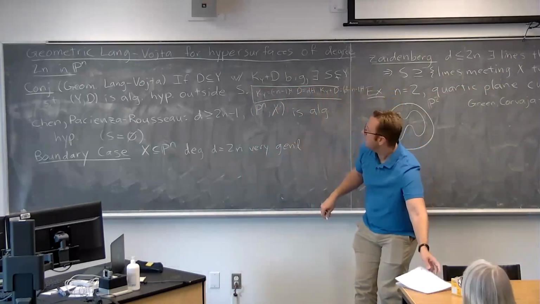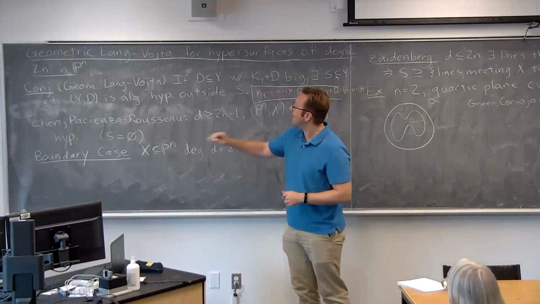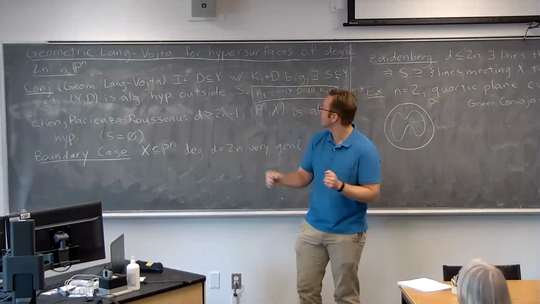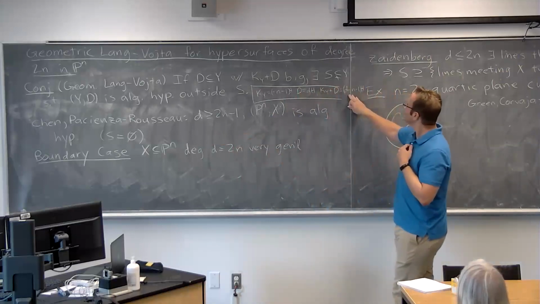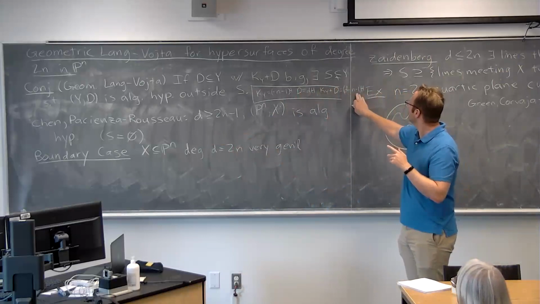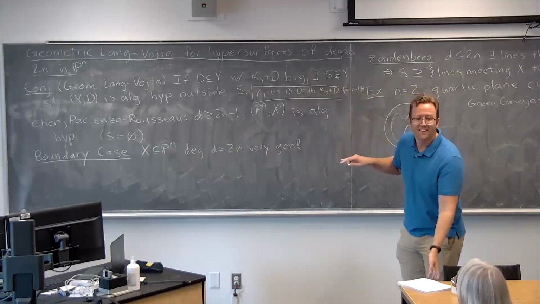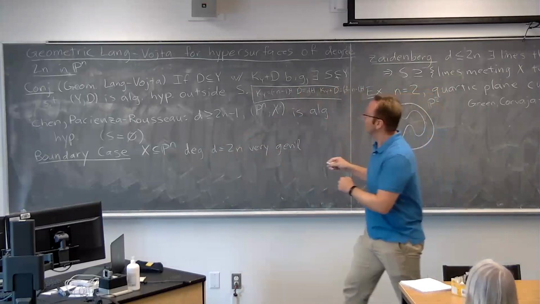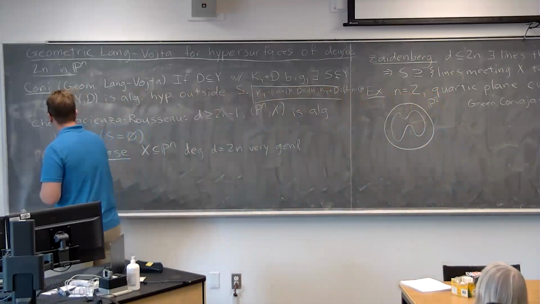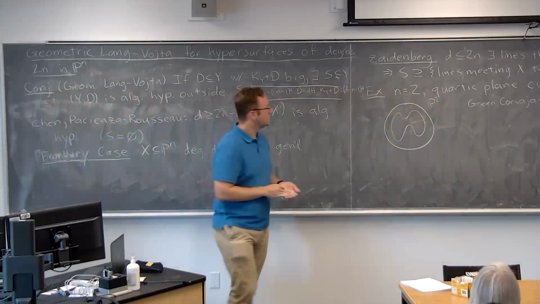When I said boundary case, I mean the boundary of what's known and not known, not the boundary of the actual conjecture, which is d equals n plus 2, whatever makes this a positive number. So the frontier is the frontier of what's known. This is what's known. So you still want to go down 1 more degree. Right, 1 more d.